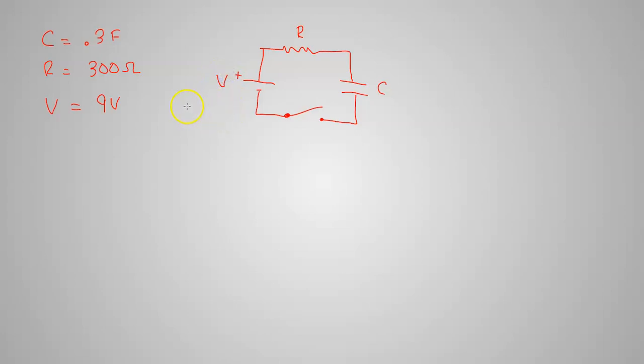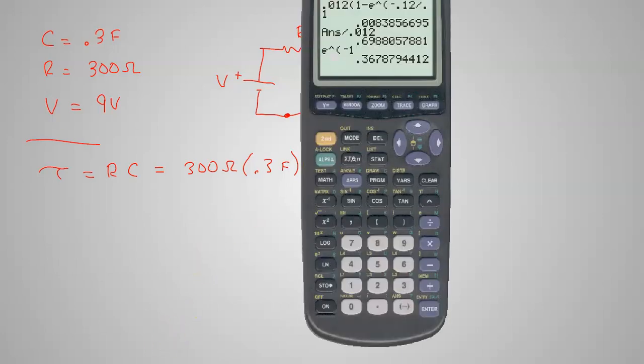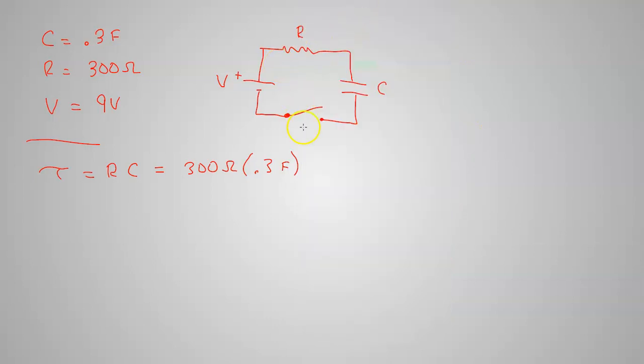So remember I said there were a couple things that you wanted to calculate before you got started. One was the time constant. And the time constant was simply R times C. So I need to go 300 ohms times 0.3 farads. And I think that's going to be, I don't know, 90, is that right? 300 times 0.3, yeah, about 90 seconds. Okay. It's going to take 90 seconds